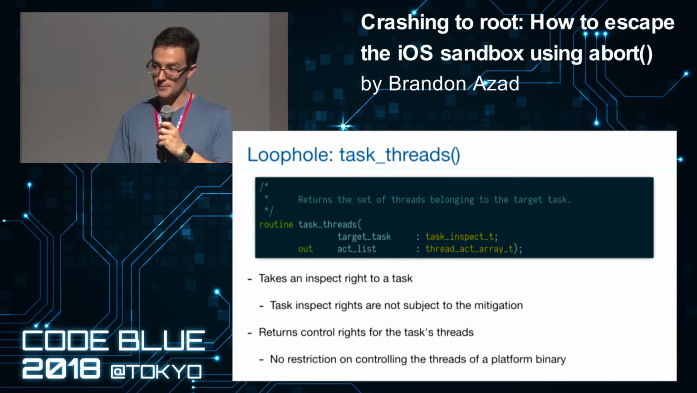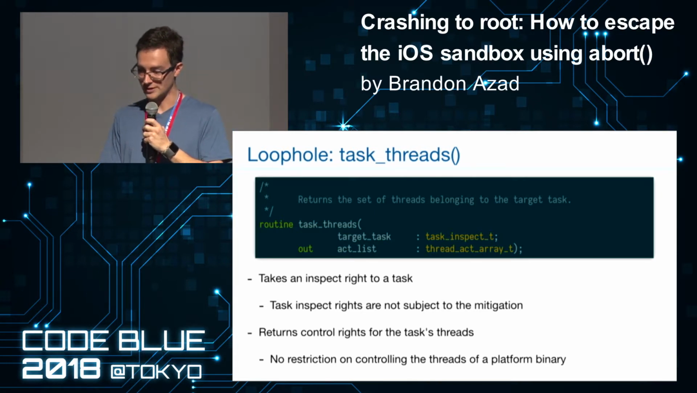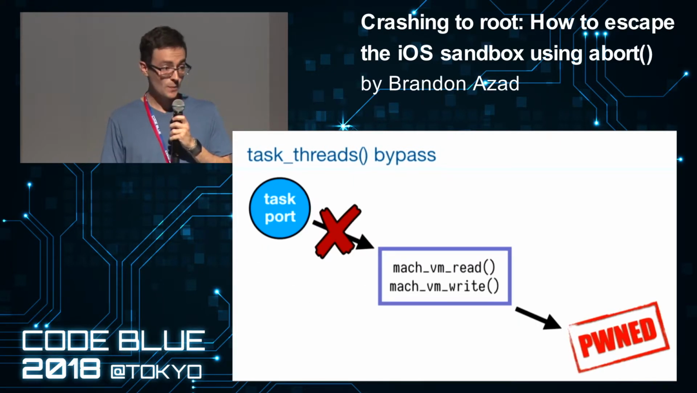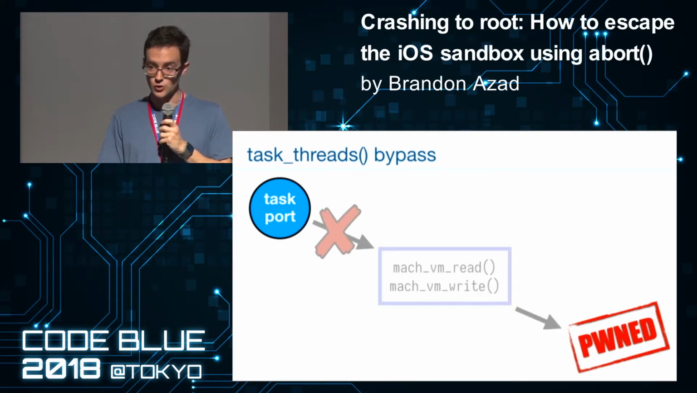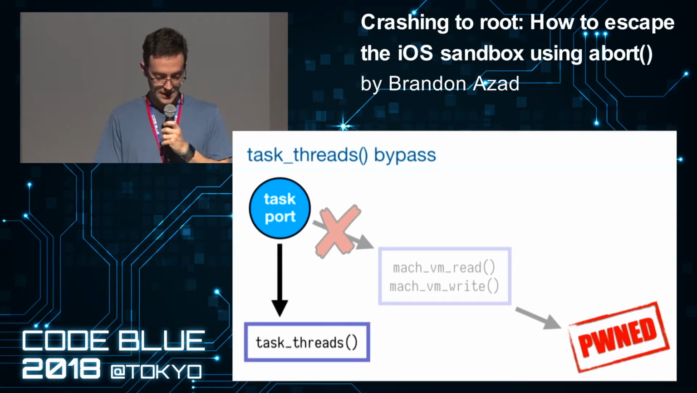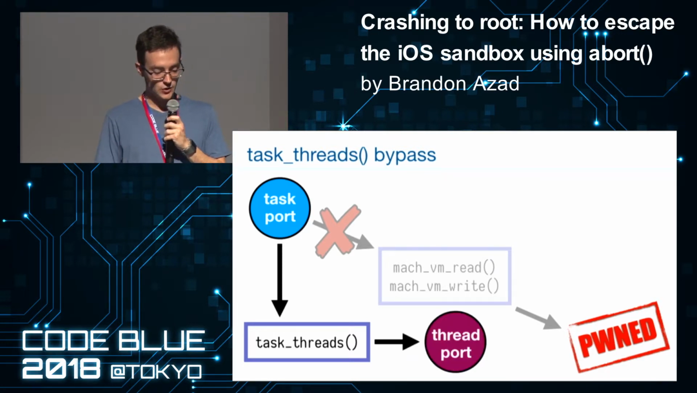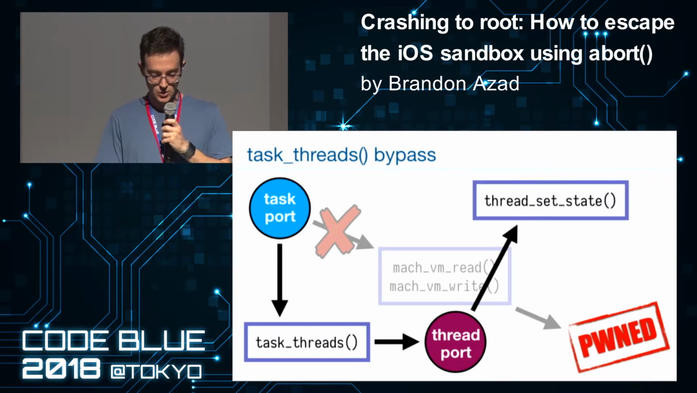Thus, while it's nominally true that we can't modify Druid directly using its task port, we can call task threads to get a control right to one of Druid's threads, and then set that thread's register values directly. So if we go back to our diagram, we'll just ignore the mitigated path altogether, and instead we'll use the task port to call task threads, which is not protected, and this will give us a thread port for one of Druid's threads. Next we call thread set state, which again is not protected,